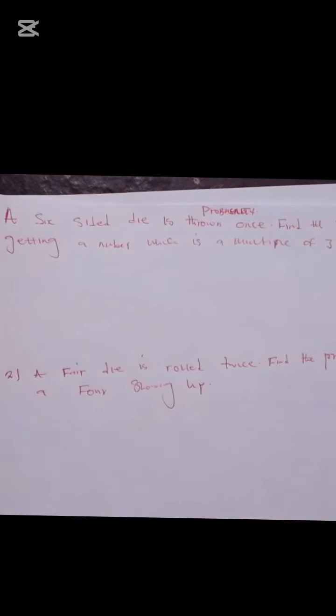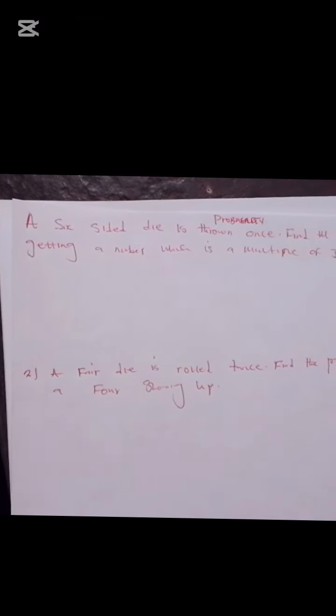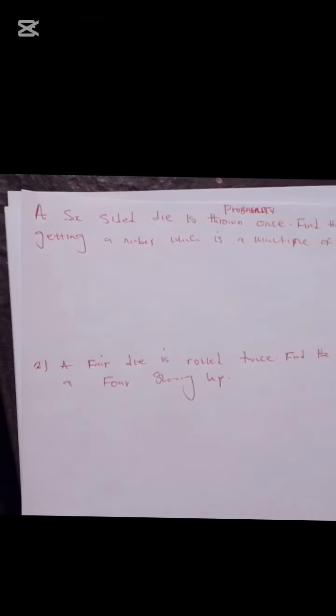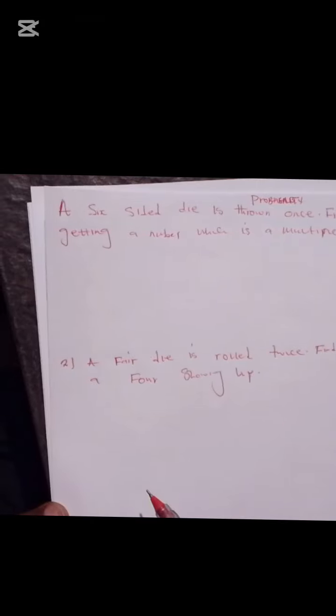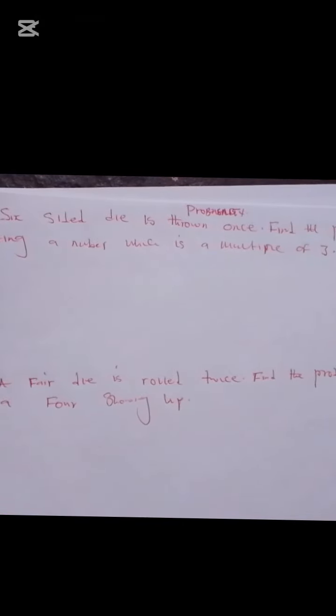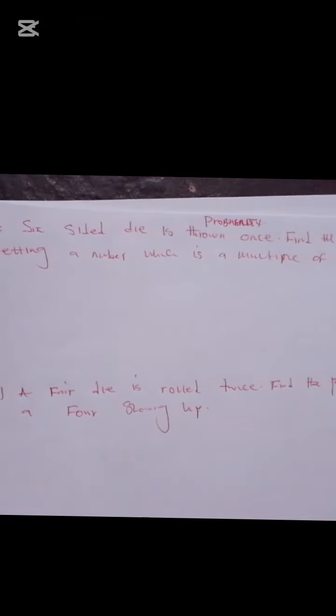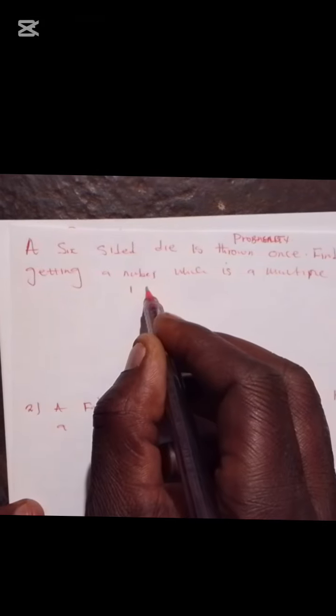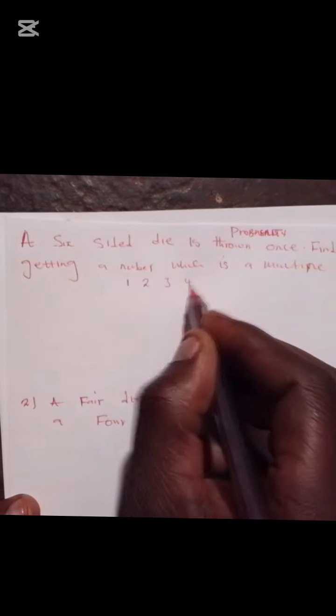Since a coin has 2 sides, the probability of picking June from a year will be 1/12, because you have 12 months and there's only one June. In this case, we're told that a fair dice, a 6-sided die, is thrown once. Find the probability of getting a number which is a multiple of 3. First and foremost, understand that a dice has numbers 1, 2, 3, 4, 5,